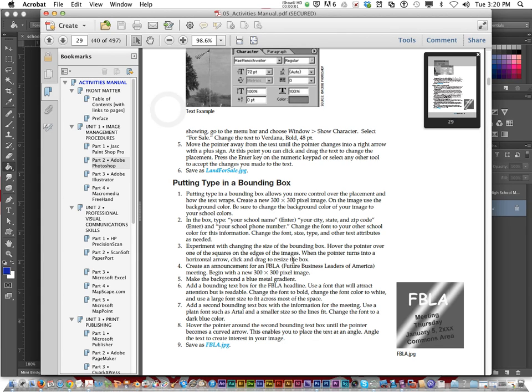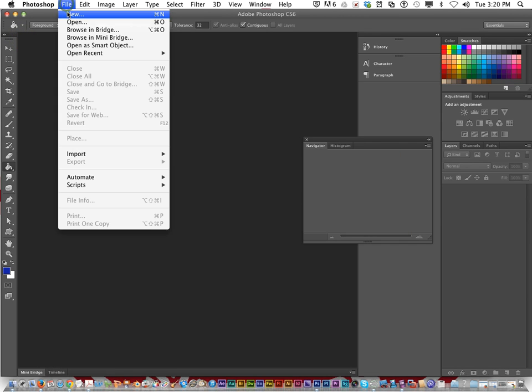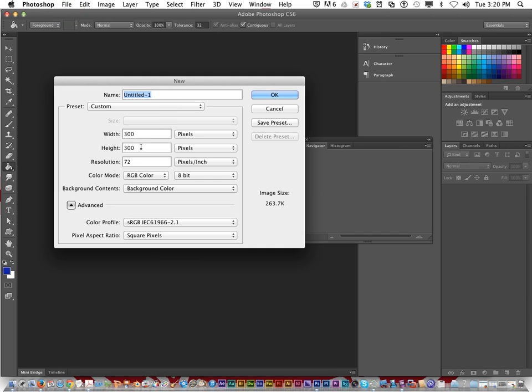Alright, now we're going to do part 2 for putting type in a bounding box. We're going to start right here, and we're going to create something that looks like this. So we are going to begin with a new 300 by 300 pixel image. So let's close the previous one and go File, New. Now the settings from the last new file we opened are still there. Width 300, height 300. And let's go ahead and type